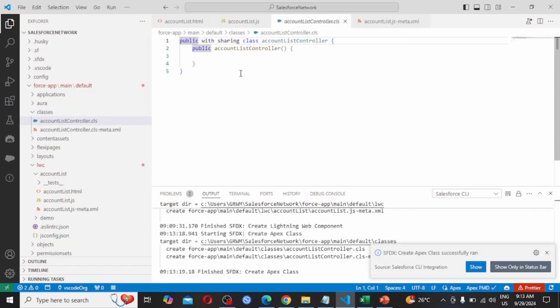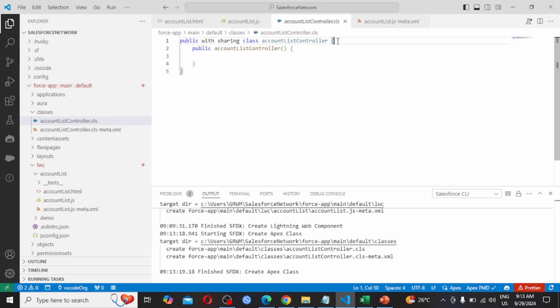In this format it is by default giving us public with sharing class, class name AccountListController, then public AccountListController constructor.